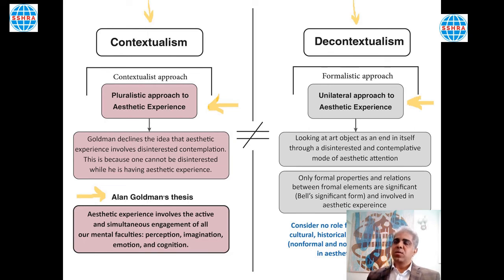They say that spectators should only attend to the artwork itself and nothing more. The artist is not important, his intention is not important, his historical context is not important. Only he should look at the artwork as an end in itself, or through a disinterested mode of aesthetic attention, which Schopenhauer said. Okay,